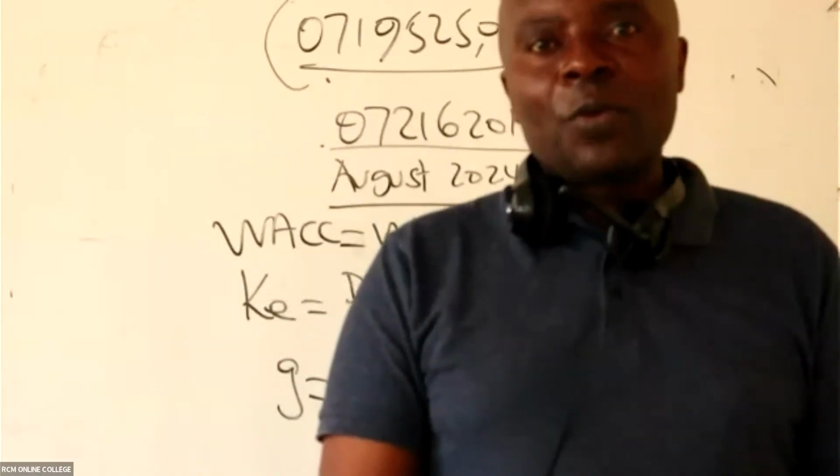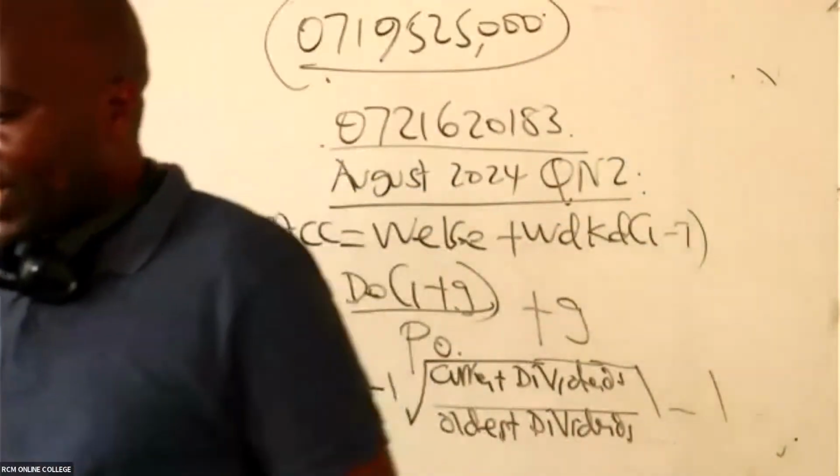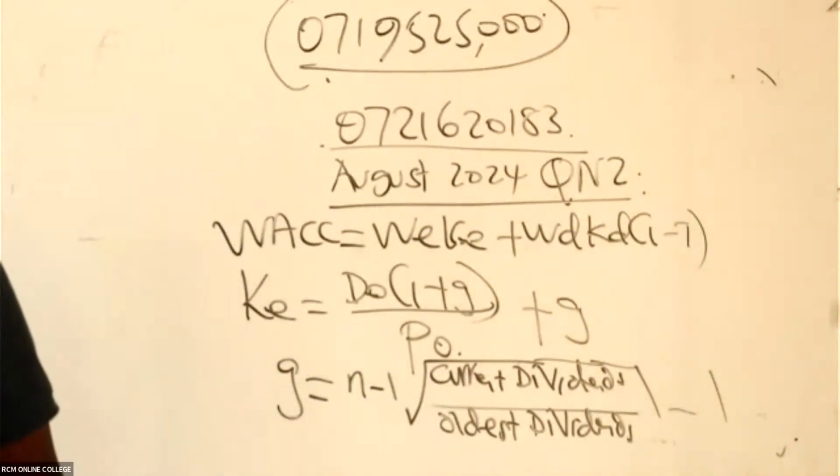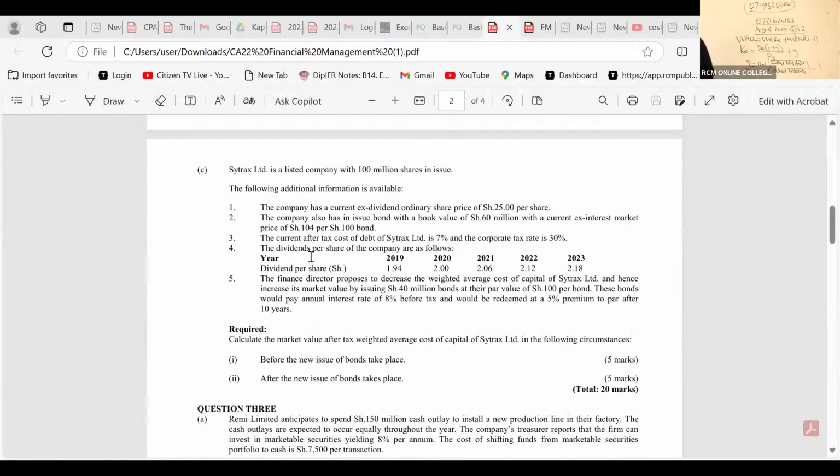When I see many dividends, like in this question here, for sure I can see 5 dividends, not 4. We have dividends per share from 2019. These are too many. You can imagine you're a young girl, and somebody comes to propose to you, and then he gives you 5 flowers. That will be unusual. That will be a very big growth rate, isn't it? It has never happened. So whenever you see many dividends, the examiner wants you to use those many dividends to calculate growth rate.